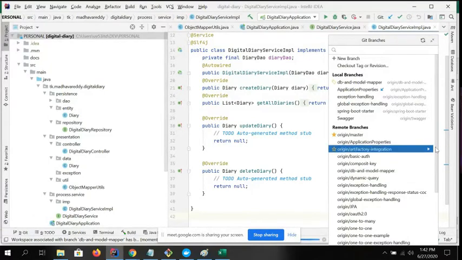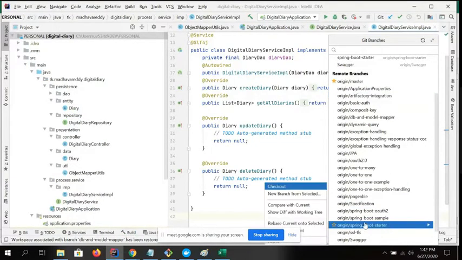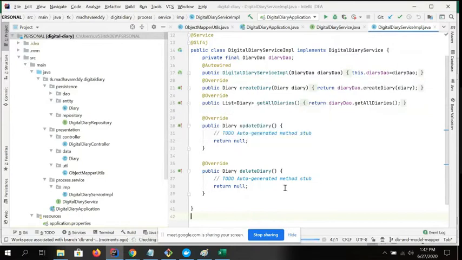Actually, I'm using the Postgres dialect for my project, and I had a use case.